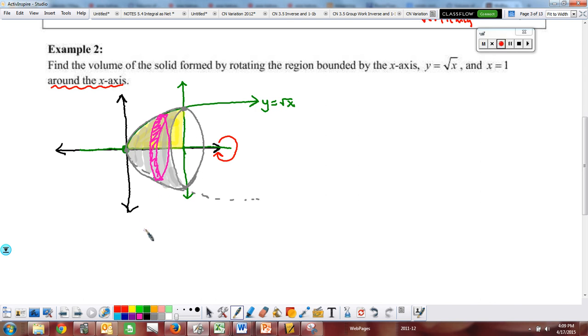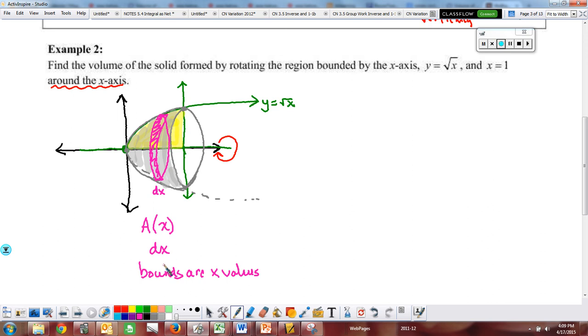So I start by finding the area of the disk as a function of x. Now how do I know that I'm doing this as a function of x? Because I know that the height or the width of that prism is going to be dx. And as soon as I see dx, I know that my bounds are x values. My width is with respect to x, and